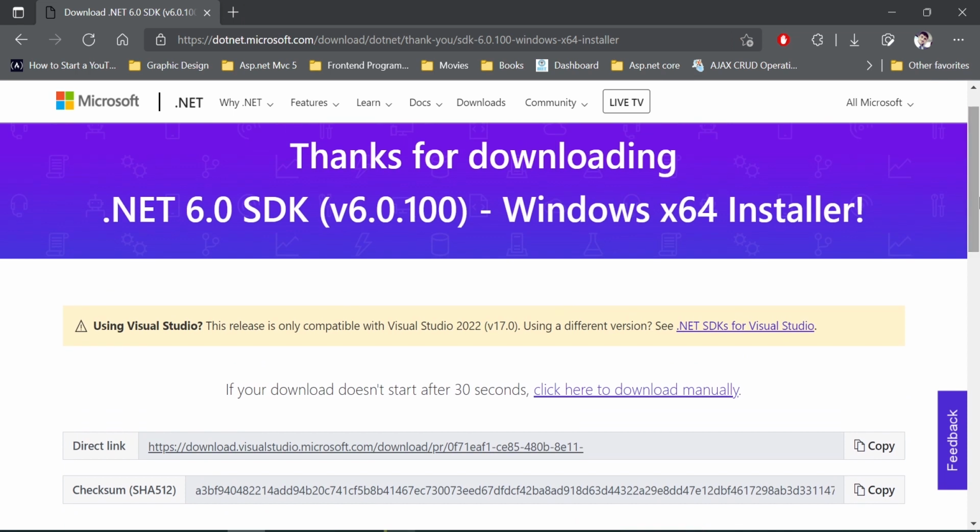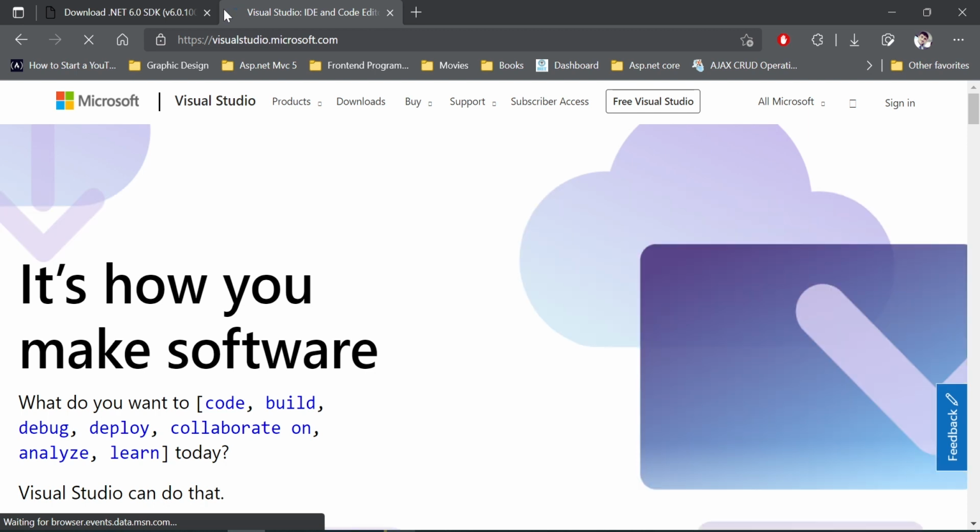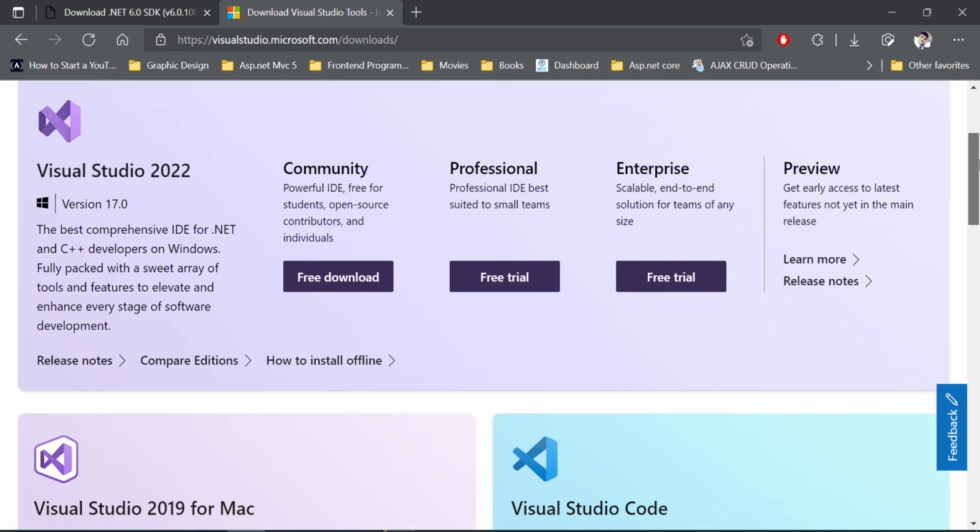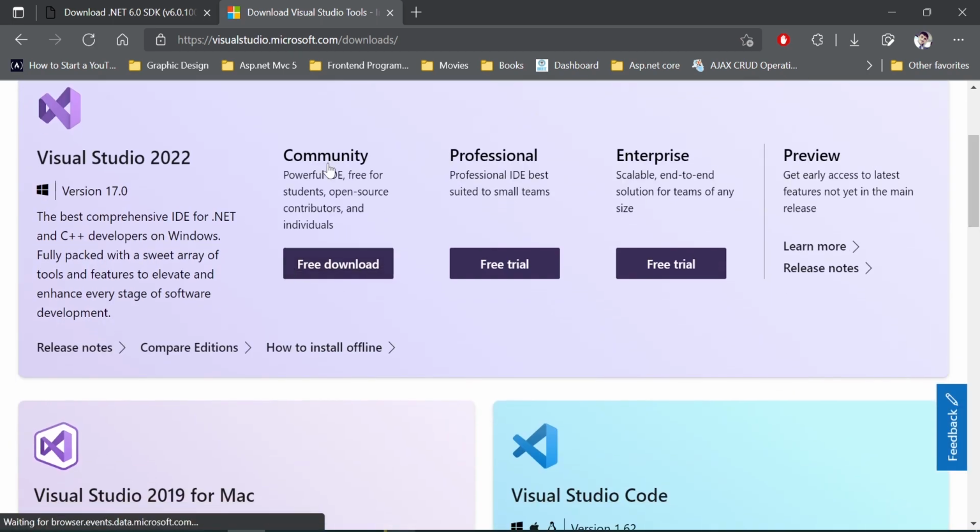This will get installed, and we need to follow some simple steps to install this completely. But currently I'm not going to install this one for my Windows because I have another option. If you have Visual Studio, the free download variant of Community Visual Studio 2022, and you have installed this one, then there is no need to install SDK separately.